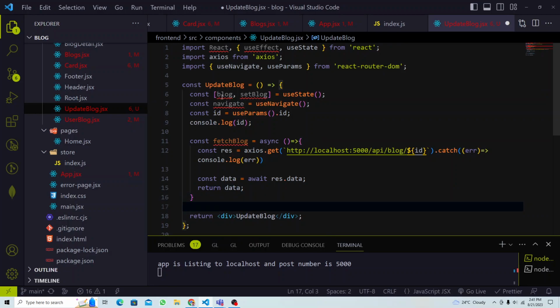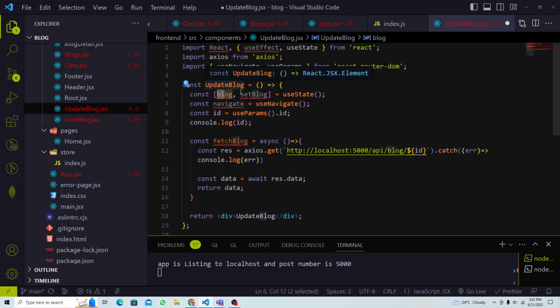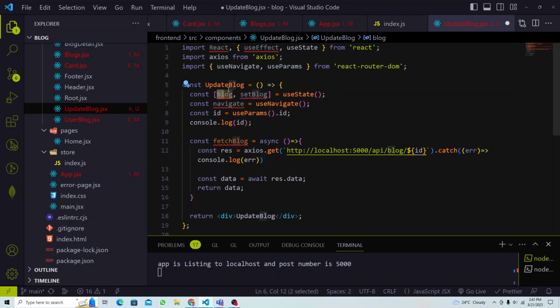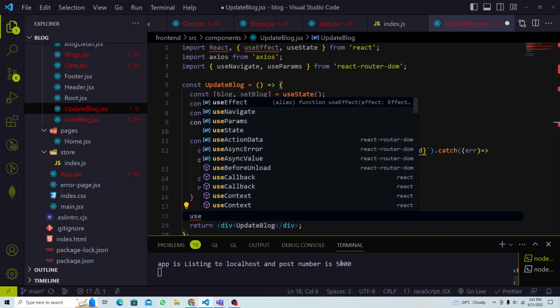So now this function, we're gonna call this in our useEffect, and then update our blog here. This data needs to be updated here in the state, right? So that state can be used in other places. State is what, a variable where you can store something. So now I will call the useEffect,